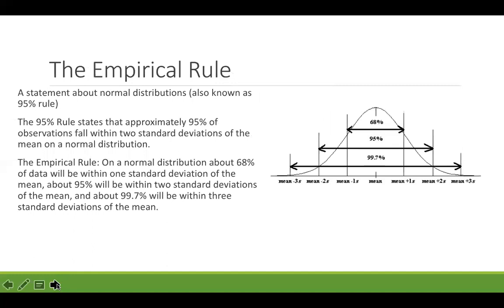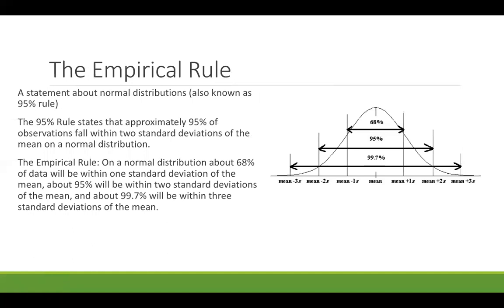So the empirical rule is a statement about normal distributions. You may also hear it referred to as the 95% rule. It's summed up in the illustration on the right and in the paragraph on the left. The 95% rule states that approximately 95% of the observations fall within 2 standard deviations of the mean on